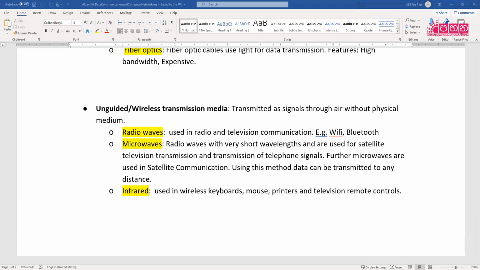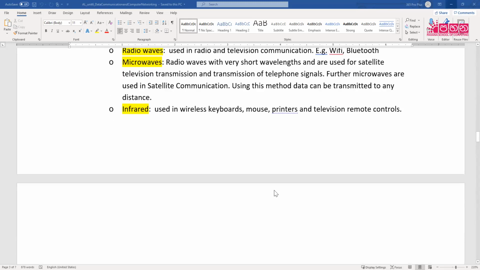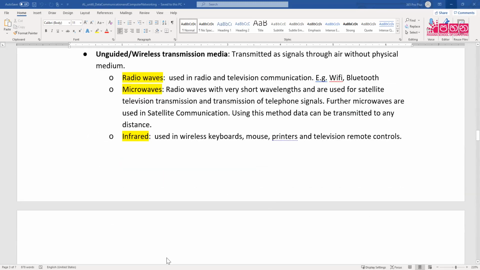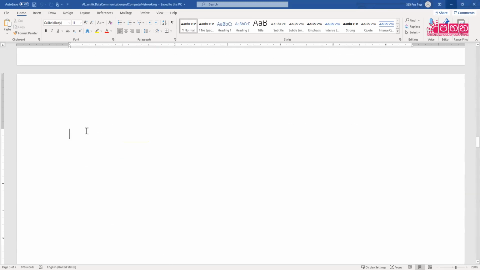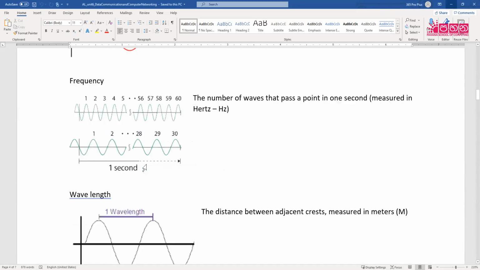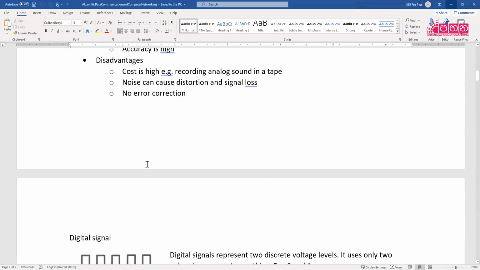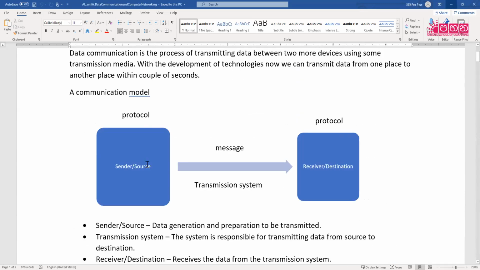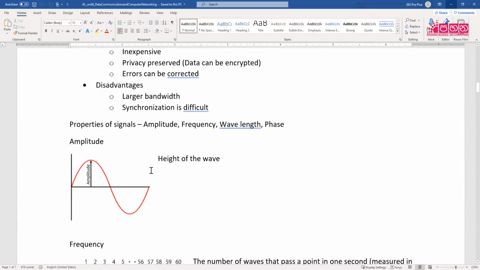So let's start. We talk about infrared, good, and then yes, we'll start with the topic, right? So we can say, properties